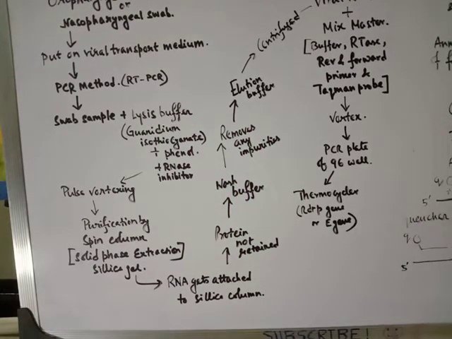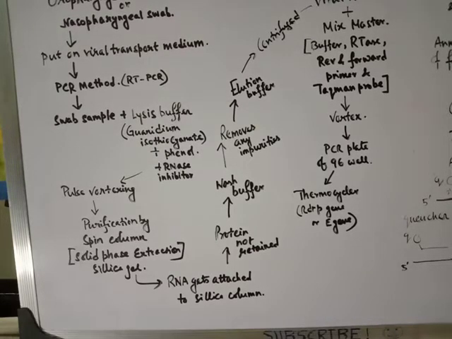To ensure that there are no other proteins or anything else we do not need in a PCR mixture, there is a wash buffer. This wash buffer can be anything, even a phosphate buffer solution, which is used to wash the RNA. The pH for all these steps is maintained at an acidic point, such that the RNA is properly bound to the silica column.